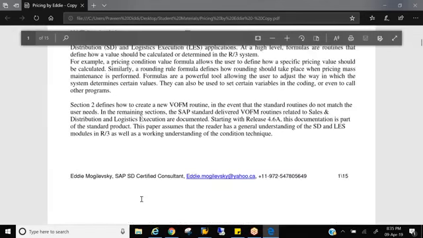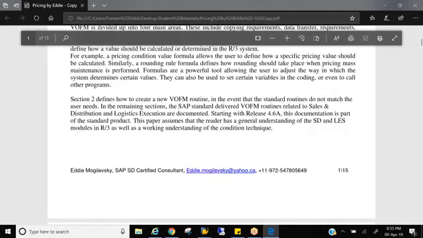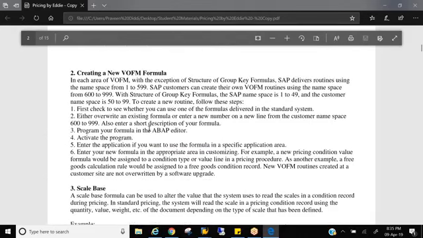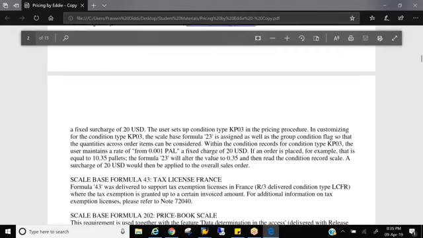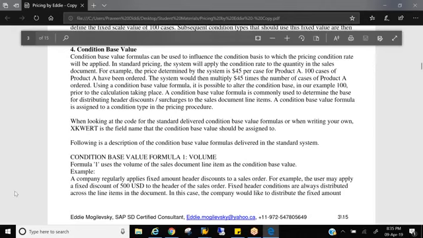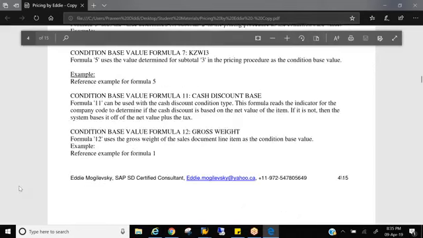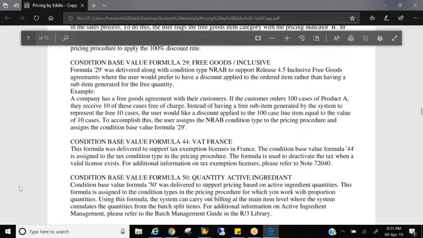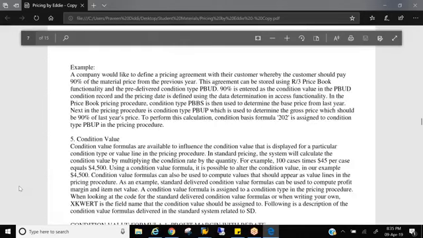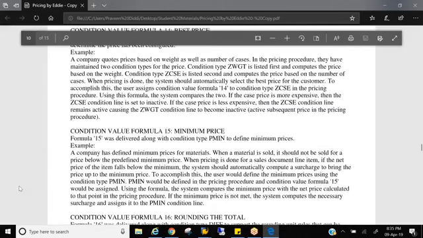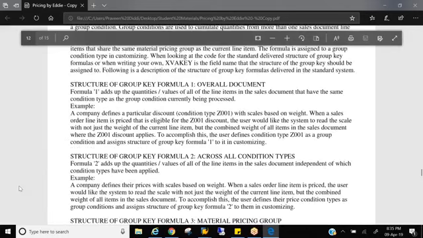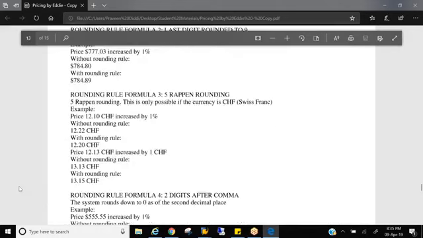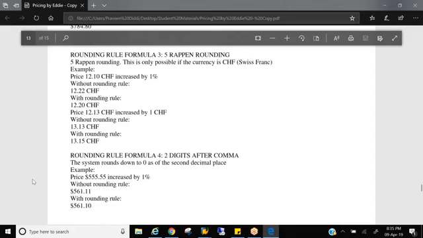So you can see, somewhere creating routine, first scale. These are formulas. Even for formulas we should refer to the same document, but routines are also explained here. These are all formulas: condition based value, condition value formulas.